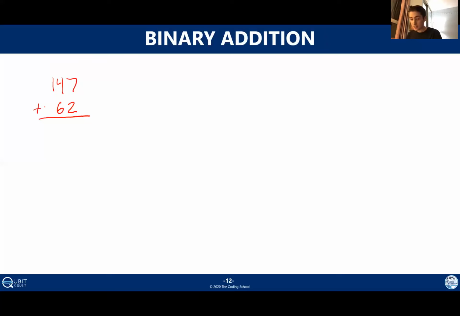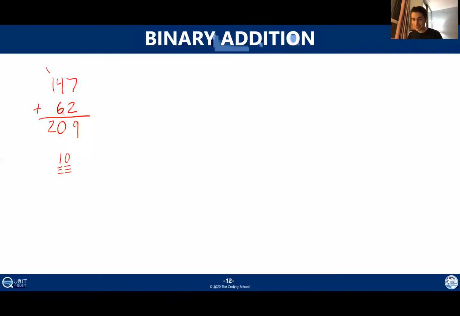Now, you can probably just do this in your head, but if we remember back to whatever grade we learned how to do longhand addition, you do this in columns. You start from the right-hand column, and we take just 7 plus 2 is 9. Next column, 4 plus 6 is 10. We can't write 10 as a single digit. So instead what we do is we write just the last digit of 10 here, and then we carry the 1 up here. Then after that's done, we do our final column, which is 1 plus 1 is 2.